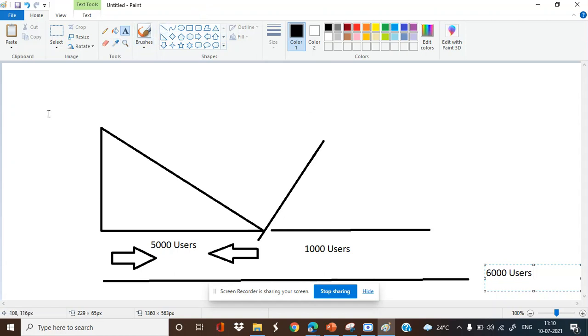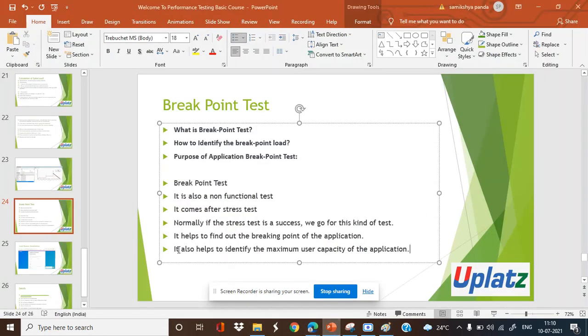You cannot push any user after that. The application is maximum scalable up to 5,000 users. It is supported up to 5,000 users, but after that the users cannot be ramped up. So you have to identify the maximum user capacity bearable,